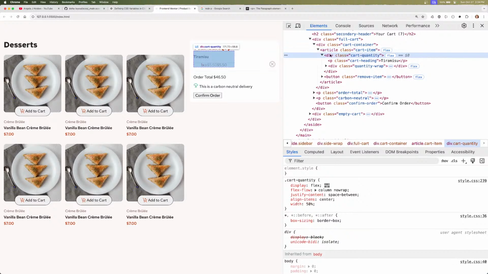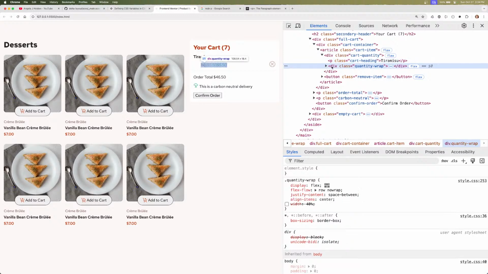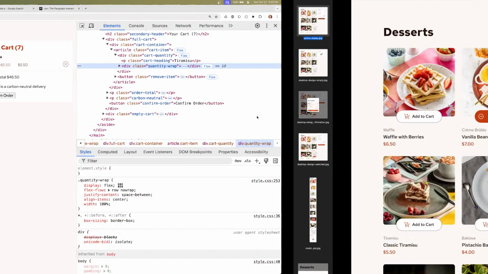Here's the quantity. Here's the heading. Here's the quantity wrap. Do I have this? I want to be 100%. Hallelujah. There we go. Okay, that's what I wanted. Okay, I need to